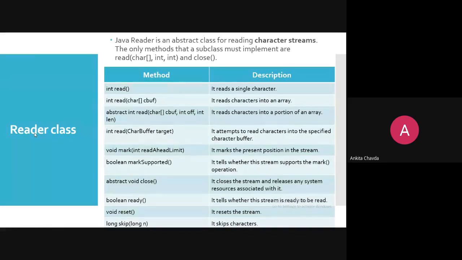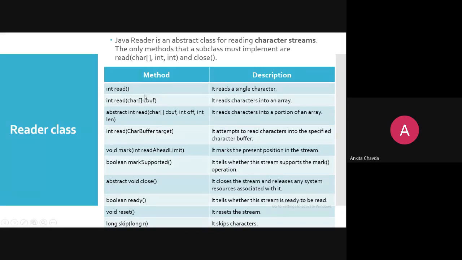Fine. So here the return type of read is important. It is not that they are reading and returning a character. Here again the return type is integer. So int read reads a single character, but it returns the ASCII value of that character. It is reading the character, but it returns the ASCII of that character.